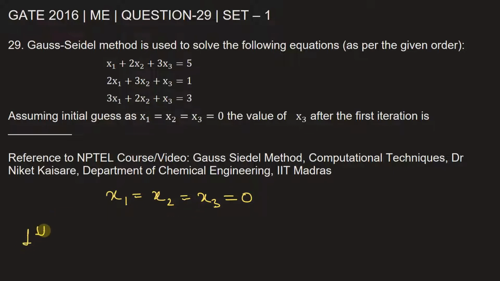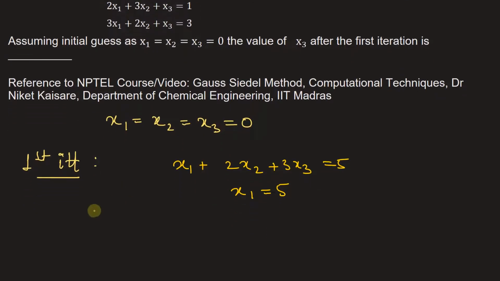So for first iteration we will consider the first equation, that is x1 plus 2x2 plus 3x3 is equal to 5. Now we will substitute x2 is equal to 0 and x3 is equal to 0. So we get x1 is equal to 5. Now we will put x1 is equal to 5 in the second equation and x3 will be